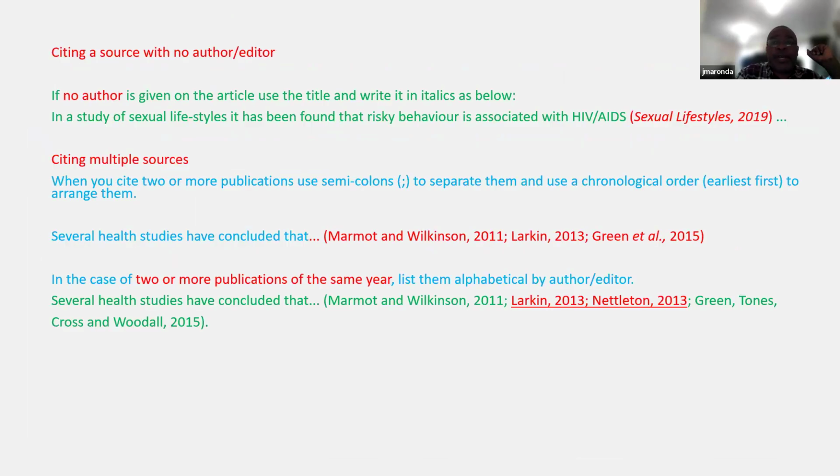Right. And where you are, say, using an article that does not have an author, you might want to use the title of that publication. For example, you are reading a publication known as Sexual Lifestyle. So you just cite it as the author, but then you need to put that in italics as shown in the slides there. And where you are citing multiple sources,